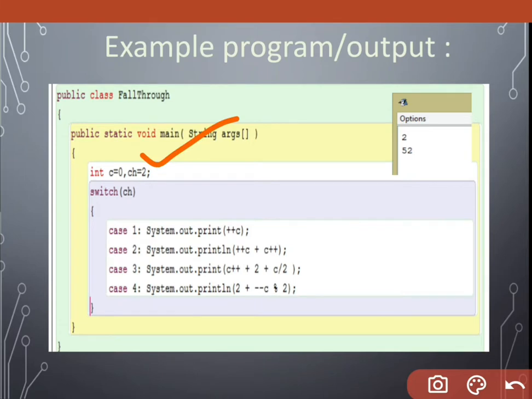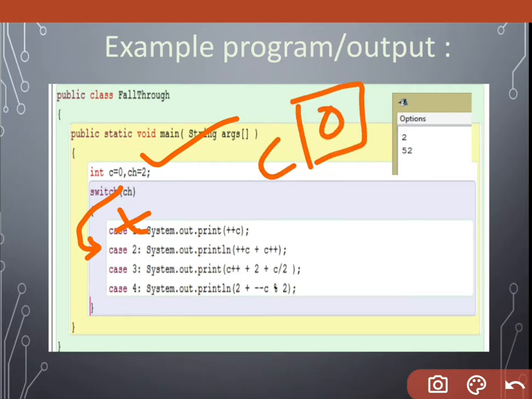Right now the choice is 2, so case 1 will not be executed, and we come directly to case 2. The value of C is 0, and in case 2 I had written that we have to display the value and then change the line.